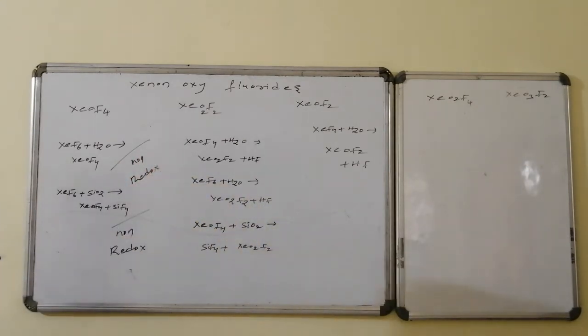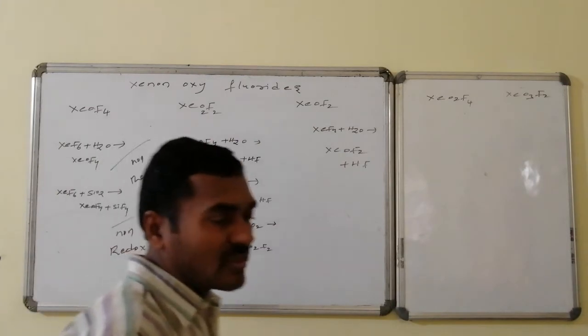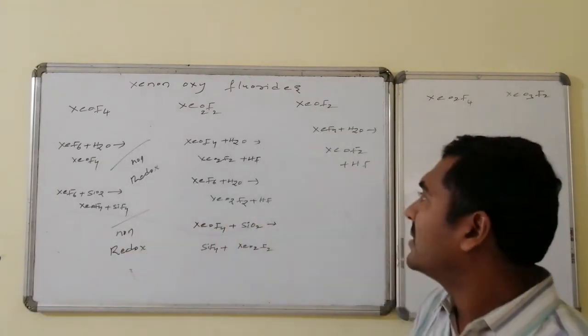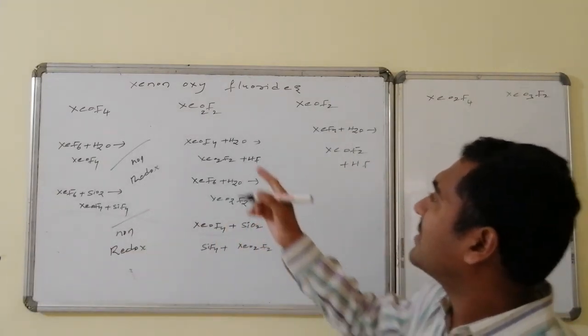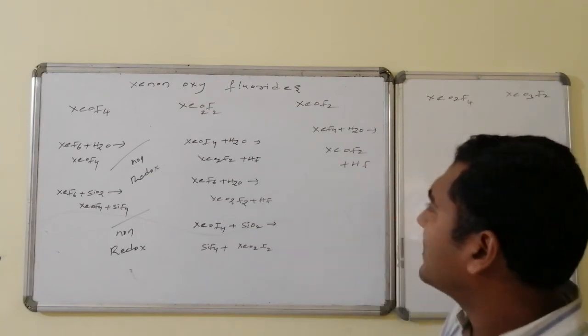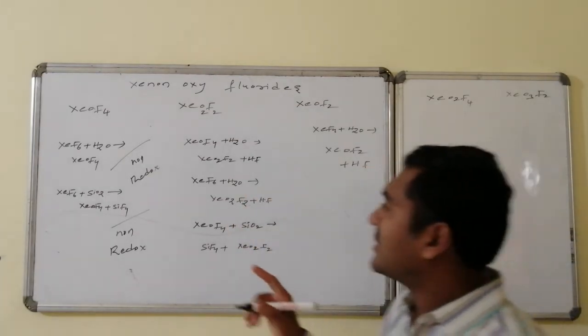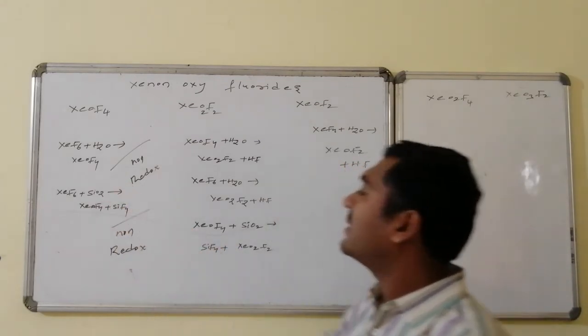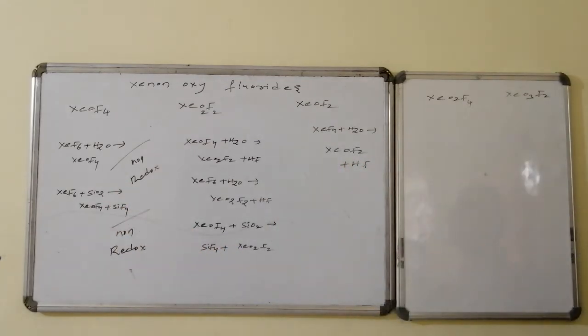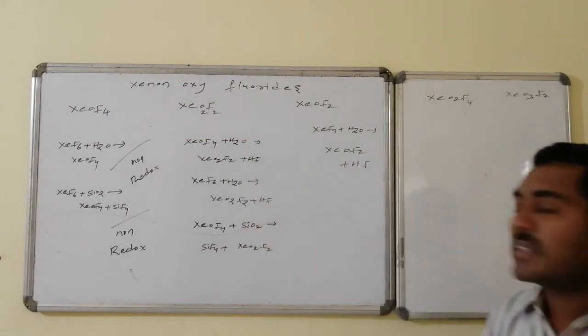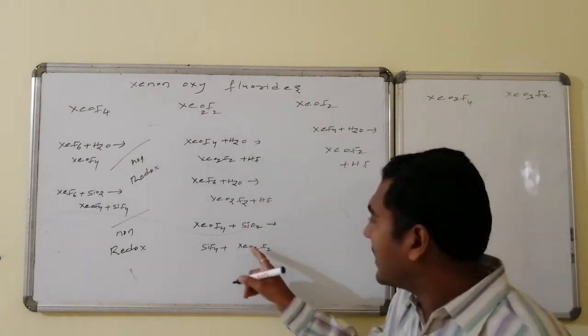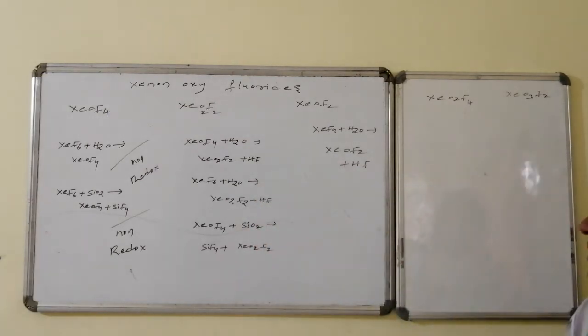The above one is also a non-redox reaction. And the formation of xenon dioxy difluoride, these are also derivatives of what? Xenon hexafluoride only. Xenon hexafluoride followed by hydrolysis we can form, and one of the products of hydrolysis of this one is xenon oxy tetrafluoride. That xenon oxy tetrafluoride on reaction with water or reaction with silicon dioxide leads to the formation of xenon dioxy difluoride. It is very simple.